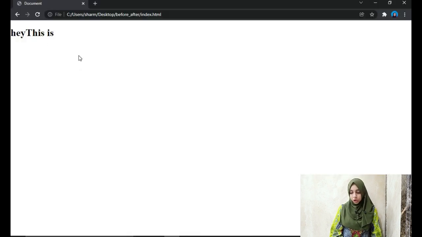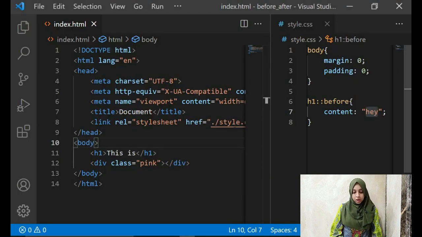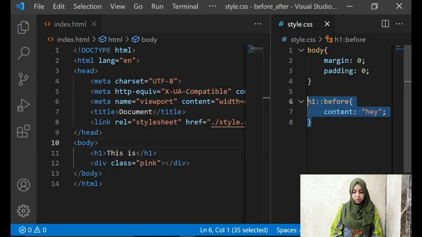Nothing in our HTML document, but still we see a hey over here, right, before this. Can you see we cannot even select it? We can only select this is, we cannot select this, right, because it's a pseudo element. All right, so it is coming from over here, okay, the before selector.